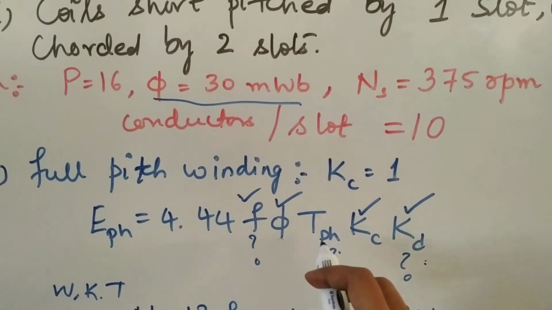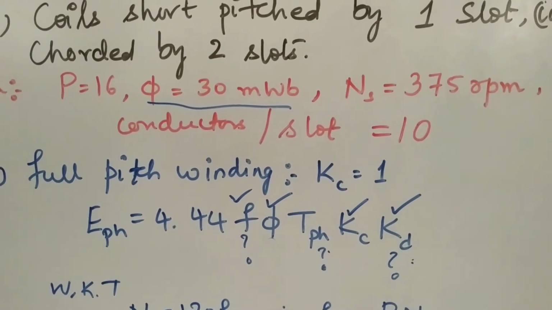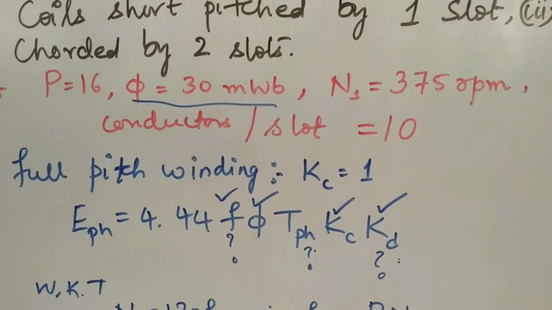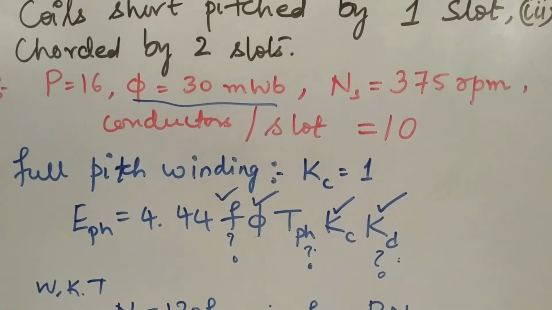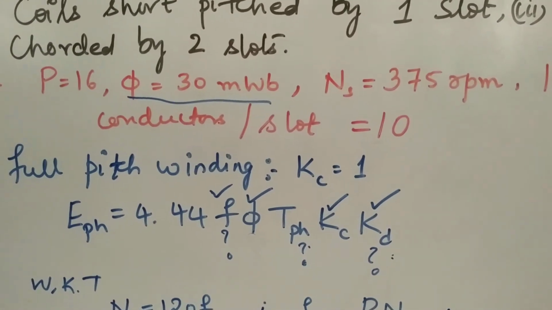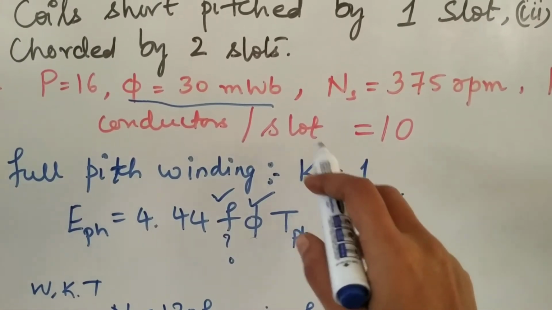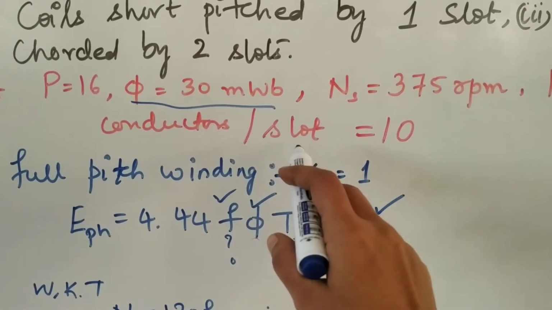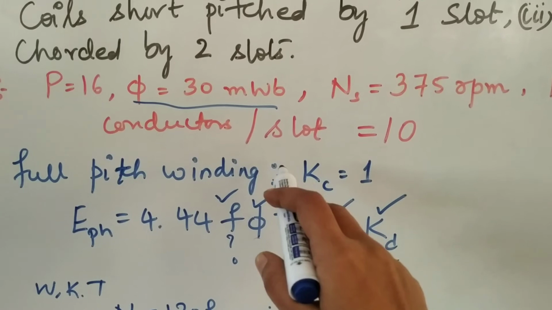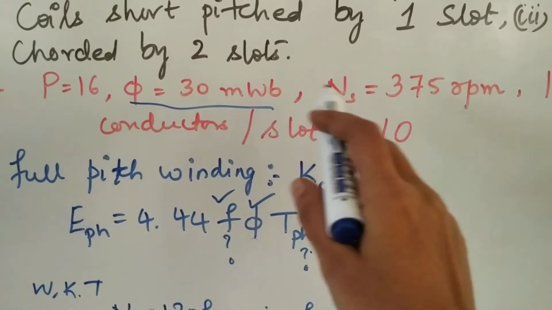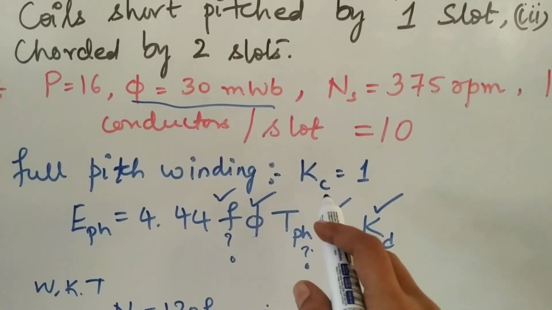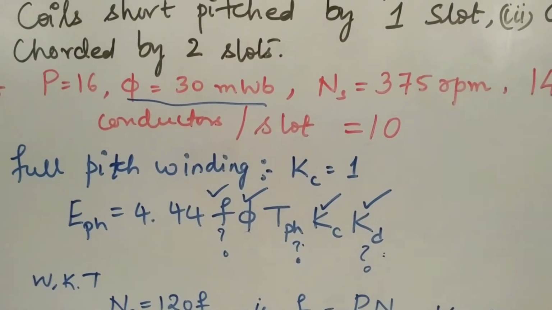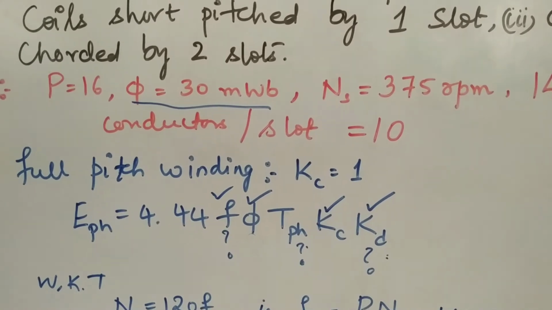To get the turns per phase, as all of you know that Z is equal to 2 times of T phase. So first we have to find out how many conductors there are. As per the given data, they have given the conductors per slot. But you can find out how many conductors there are when you multiply this by the slots. When the conductors per slot is multiplied by slots, it will give you the conductors. So that will be the number of conductors. When you want the number of conductors per phase, then we have to divide it by 3.